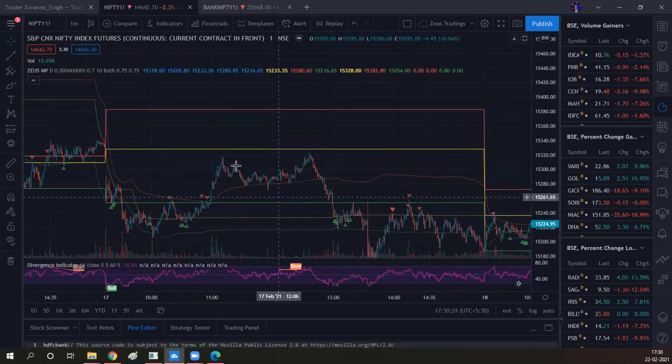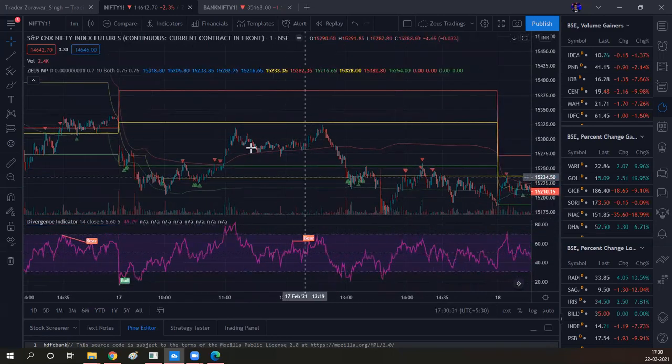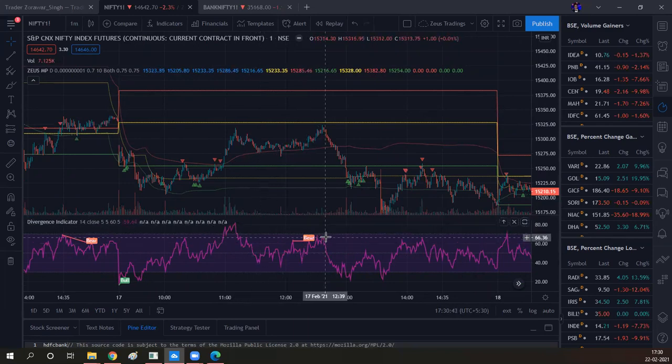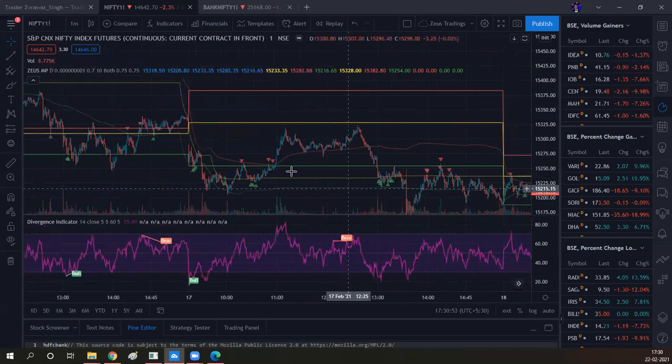Let's talk about this case. Now observe this. You see out here, I'll just increase the size of my chart. So the divergence value at this peak was about 81 or something. And the divergence value out here was 66. There is a huge gap between divergence, even though the market has extended itself. This is what will help you find key reversals. So once you get a signal, once you see divergence, let's look at this case also.